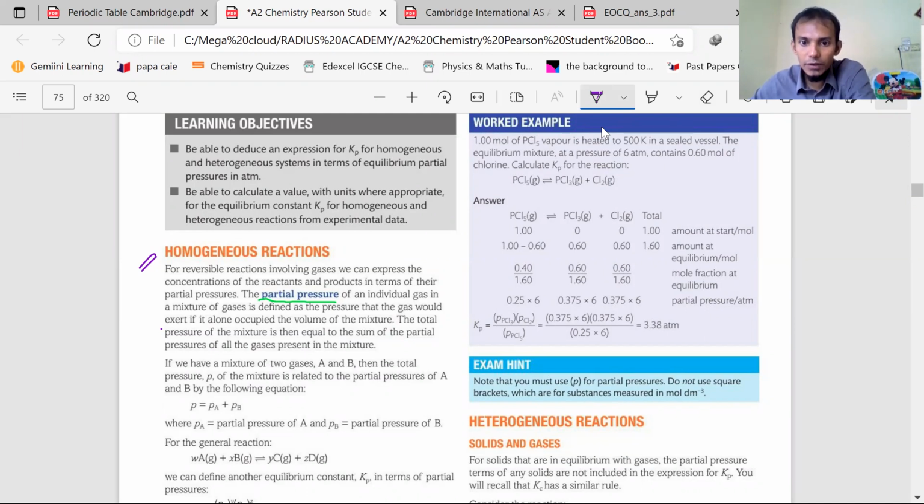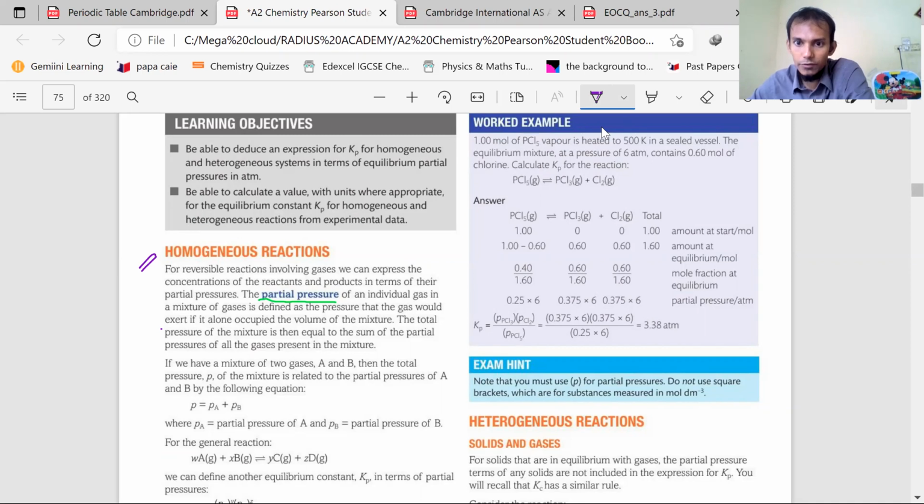If you use concentration brackets for PCl3 here, you will lose your mark. So you just give a first bracket. Small p, partial pressure of PCl3, that is the product, times partial pressure of Cl2, divided by partial pressure of